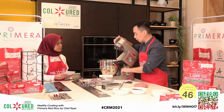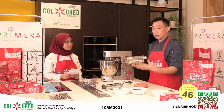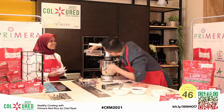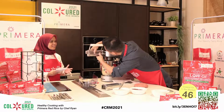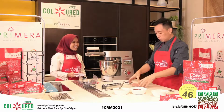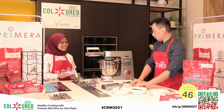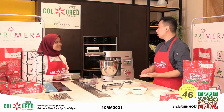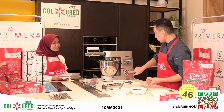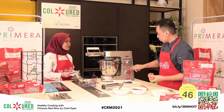So next, as I mentioned, pasta. We need a pasta roller, right? Because we want to flatten this. And this is another gadget that I cannot live without. This is my first time seeing all this technology, because usually I'll just buy the ready-made one. But if you start making things yourself, you will really start to appreciate food better. And pasta is not really cheap these days, right? The good quality one will cost you about 5-6 ringgit, and that can only last for about one day, I guess. So what I'll do is